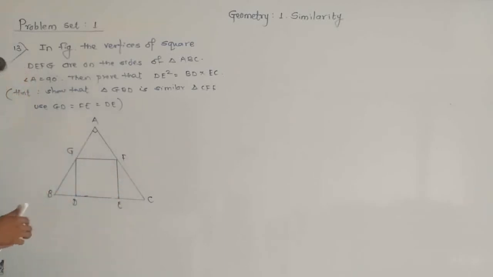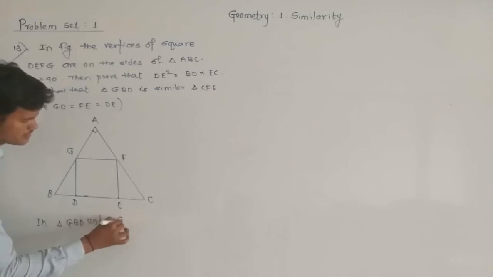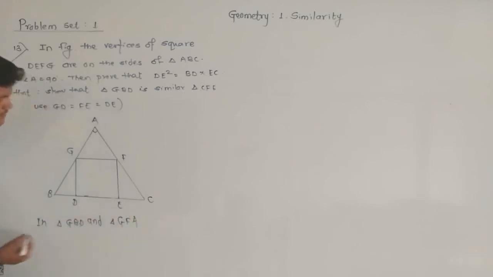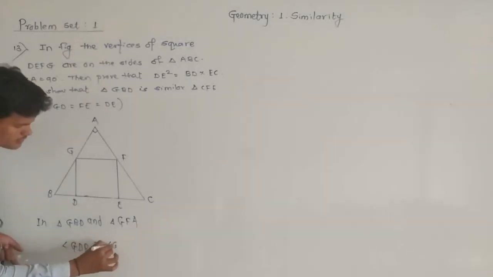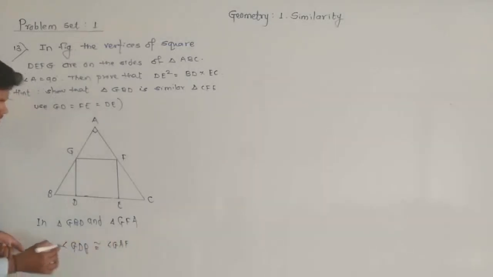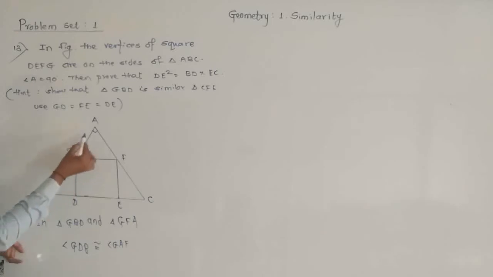So first of all, in triangle GBD and triangle GFA, the first condition is angle GDB congruent to angle GAF, because each is of measure 90. Angle GAF is already 90. Here angle GDB is